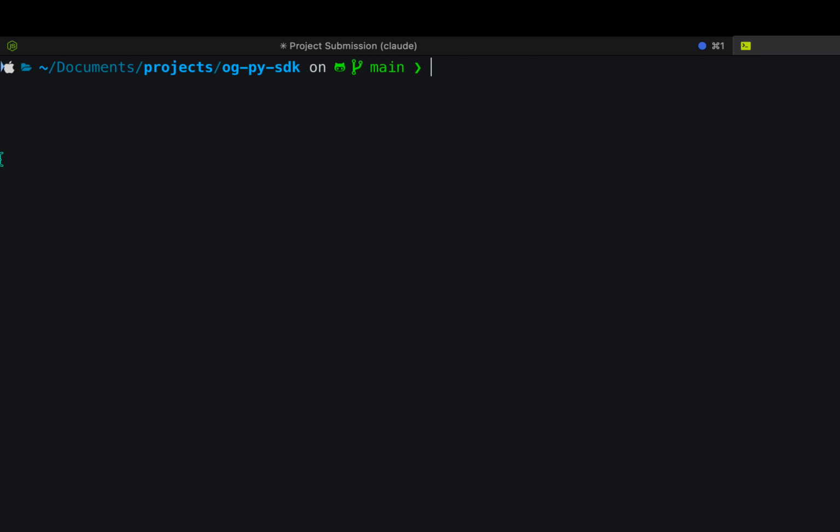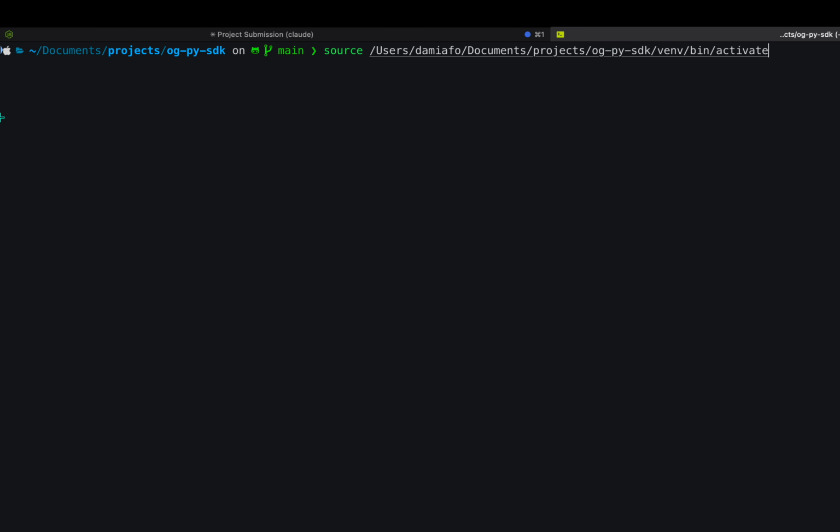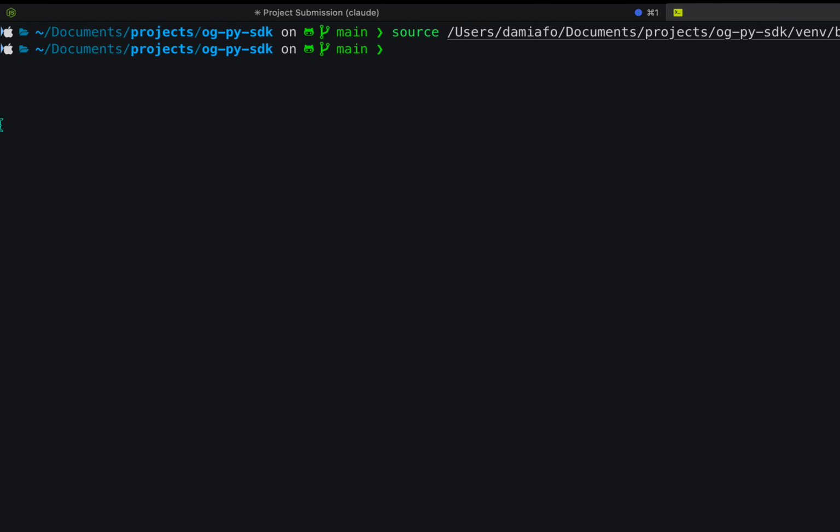Yeah, so first thing you want to do is let me try to zoom out. You want to activate your Python environment, which is the norm in Python for Python developers. After you activate your Python environment, the next thing you want to do is run the function. So we have to do python3 test.py, right? So if I run this now,